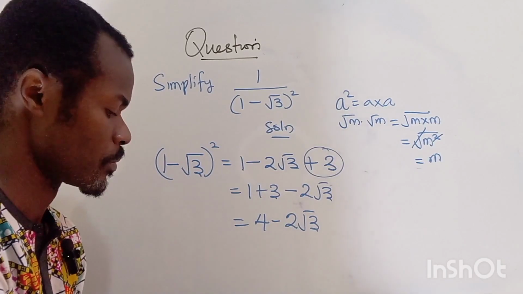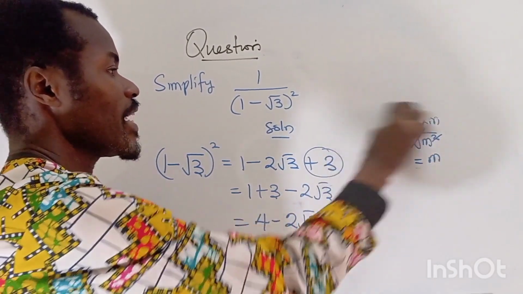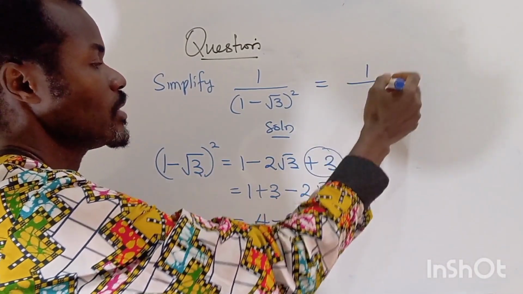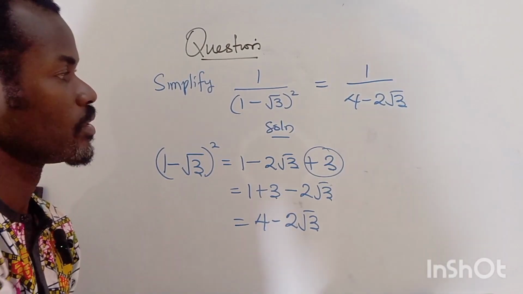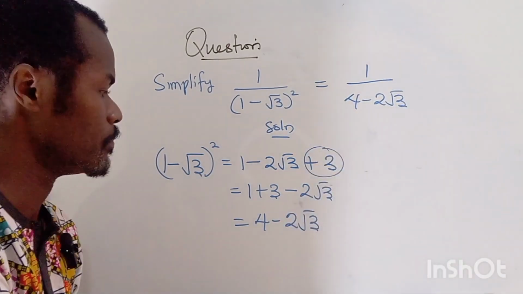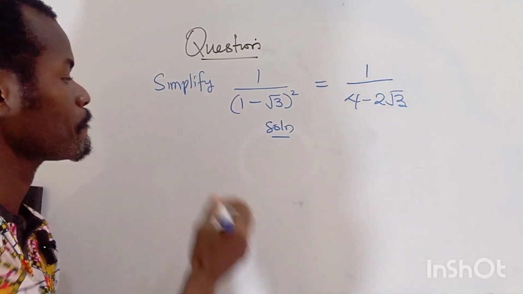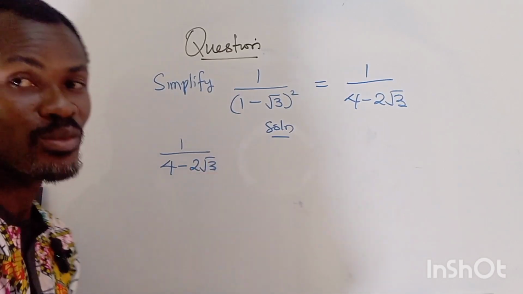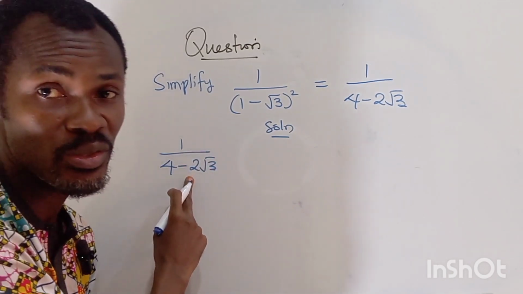Now having gotten this, the initial expression we have on the board that we are going to solve is going to be 1 divided by (4 minus 2 root 3), because expanding this, we have this. So all we need to do is solve this. Now, how do we solve that? We are going to simply rationalize. So I have 1 over 4 minus 2 root 3 to solve. And to solve this, we are going to multiply the numerator and the denominator by the